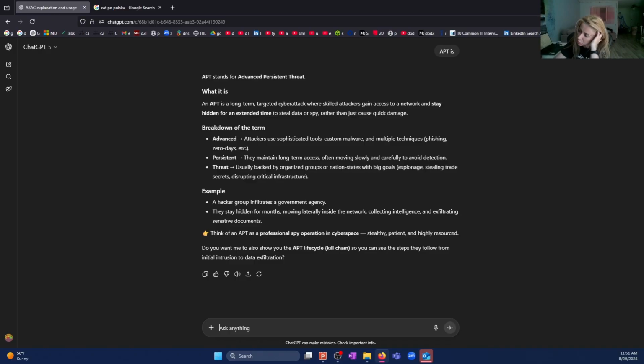Okay, breakdown of the term. Advanced: attackers use sophisticated tools, custom malware, and multiple techniques, phishing, zero-days, etc. Persistent: they maintain long-term access, often moving slowly and carefully to avoid detection.